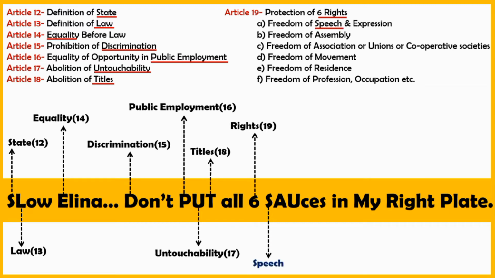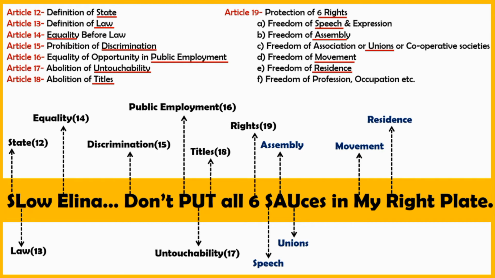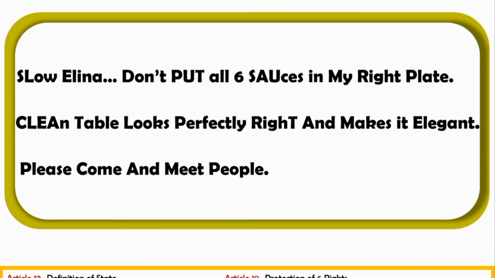S for speech, that is freedom of speech and expression. A for assembly, that is freedom of assembly. U for unions, that is freedom of association, unions or cooperative societies. M for movement, that is freedom of movement. R for residence, that is freedom of residence. And P for profession, that is freedom of profession, occupation, etc. Coming to the next statement,